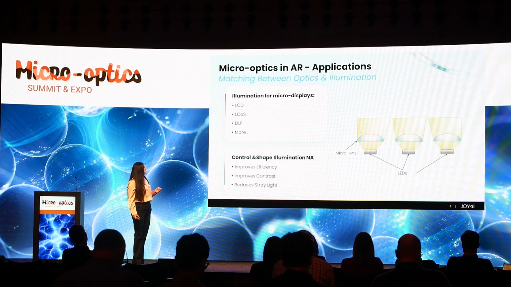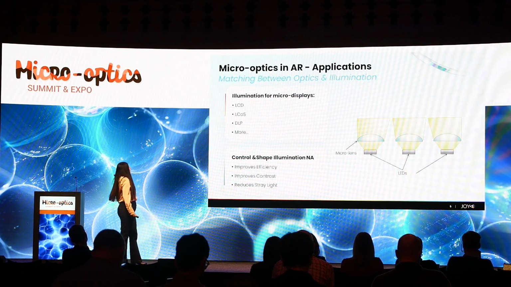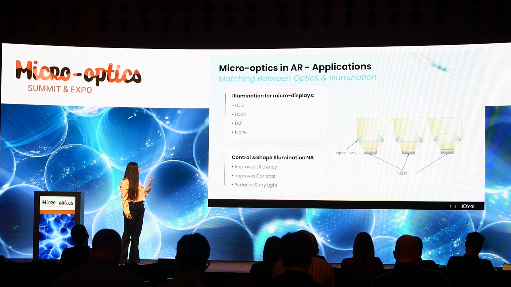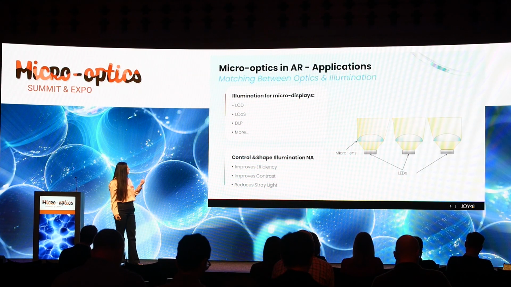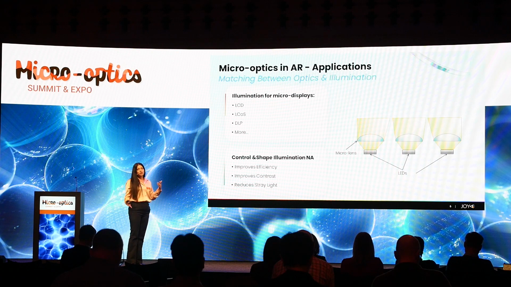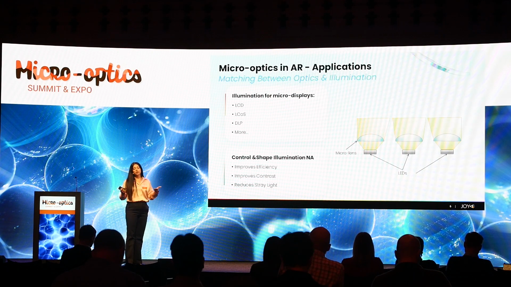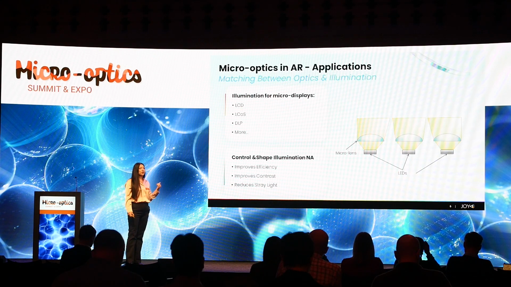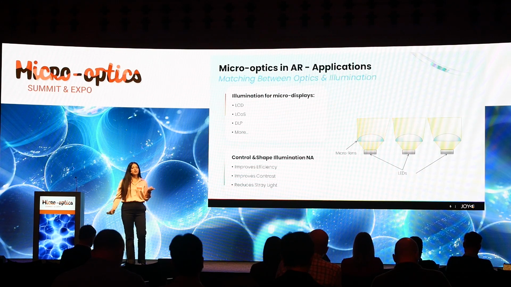So this idea enables control and shaping of the illumination numerical aperture. In this case, it also gives the values of improving efficiency, improving contrast, and reducing stray light. Stray light is the unwanted light that travels inside the system but does not go through the optics and through the main path,